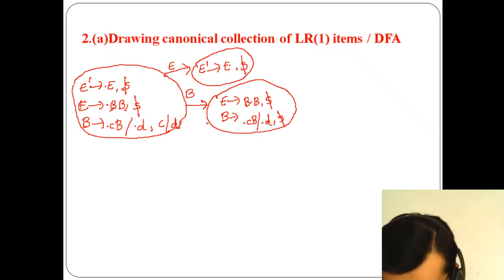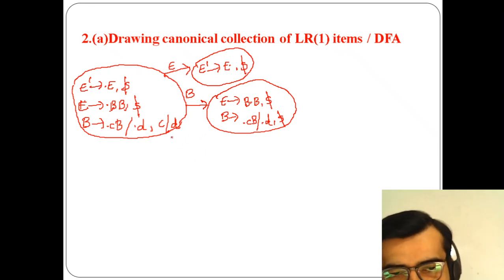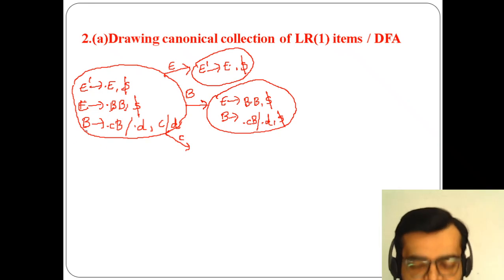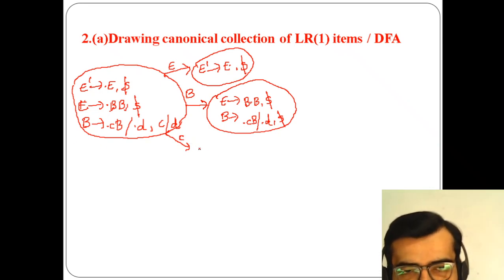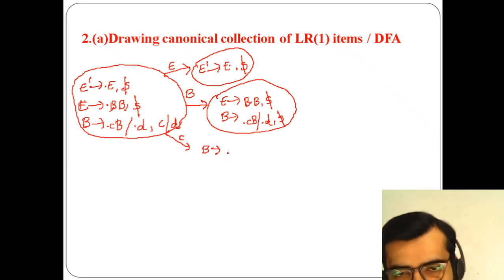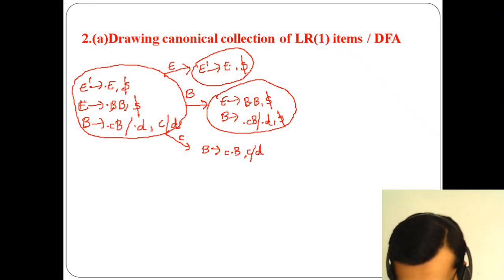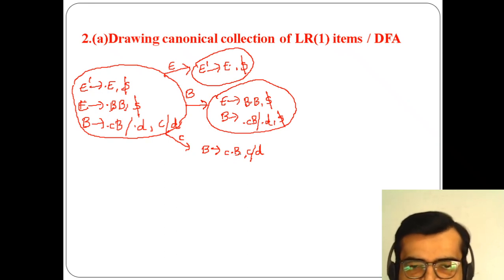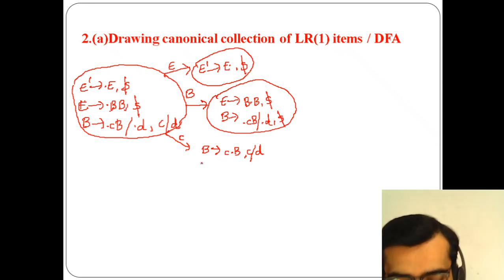Next thing is that small c is there. So small c means I have to use the third production. So for that I have to use B of C dot B, and I have to use the same look ahead symbol, C or D. Similarly, after dot what is left over, I have B, so I have to read B also.